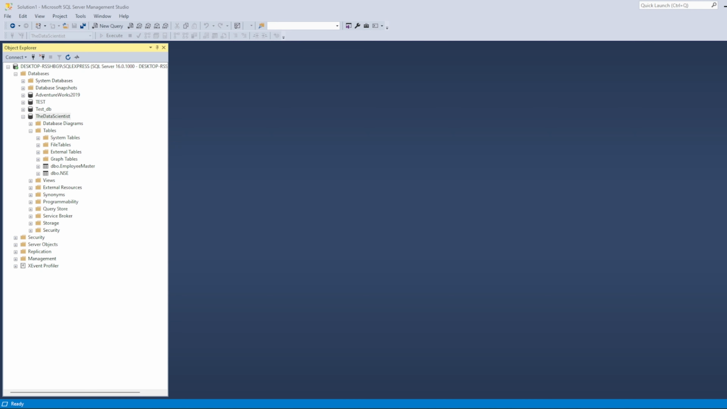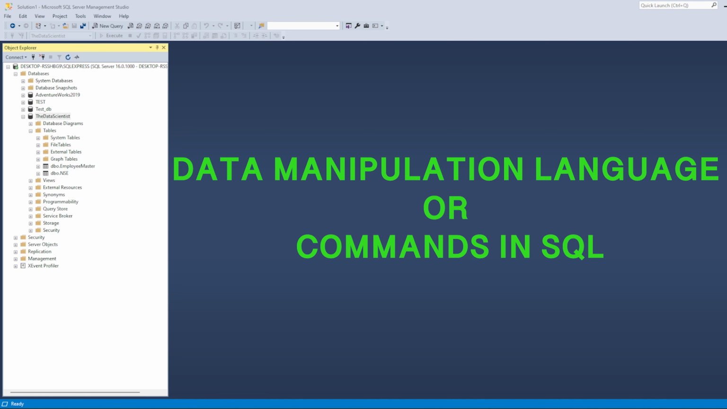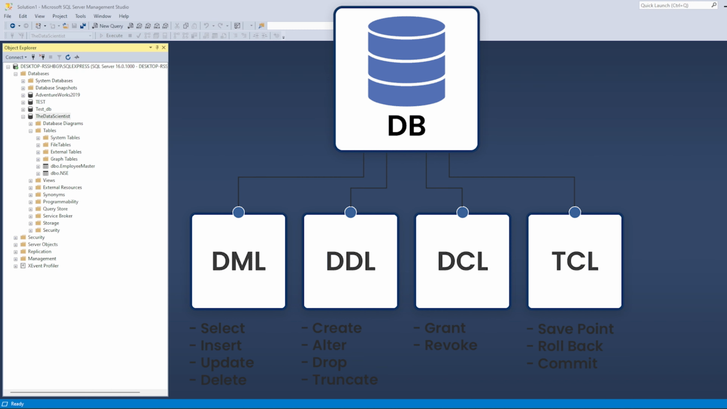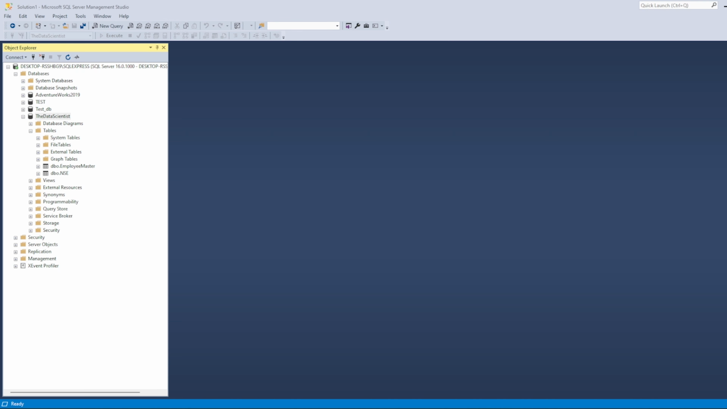So in this video, we'll be discussing more about data manipulation in SQL. See, there are two types of SQL commands. One is the data manipulation command, and then we have the data definition command. But before discussing these specific commands, let's understand why the data analyst needs to know these commands to